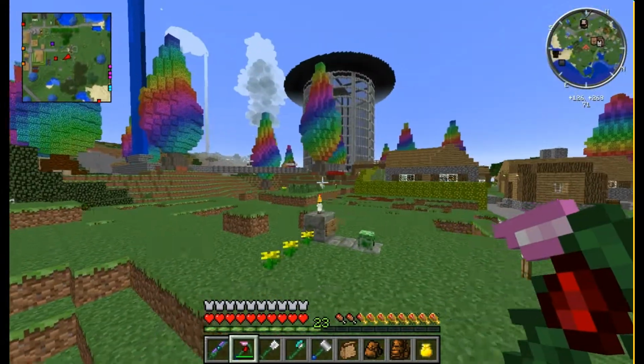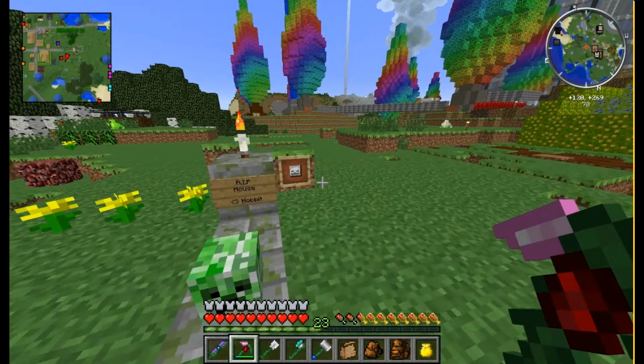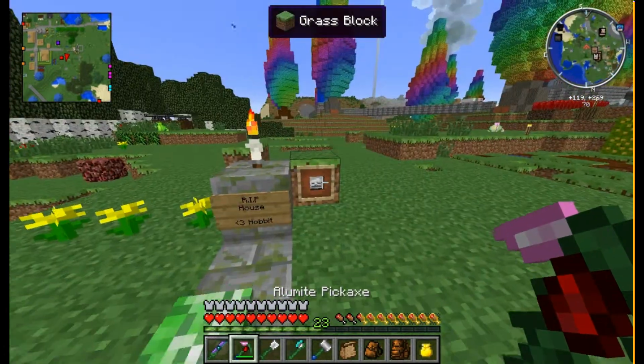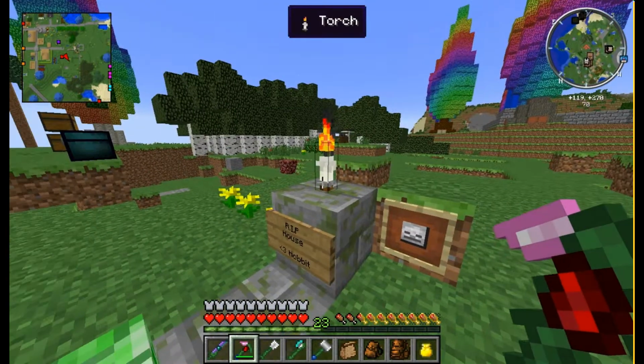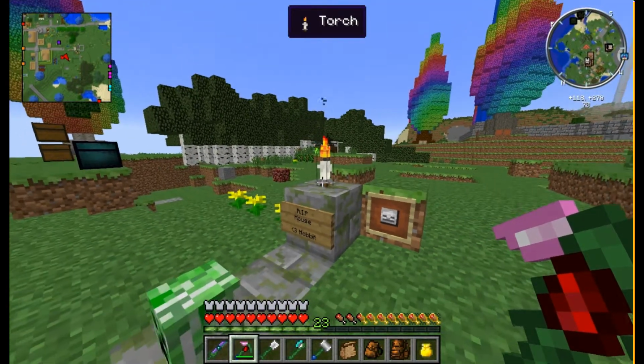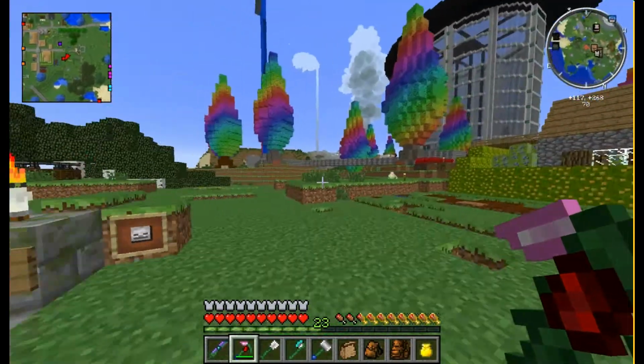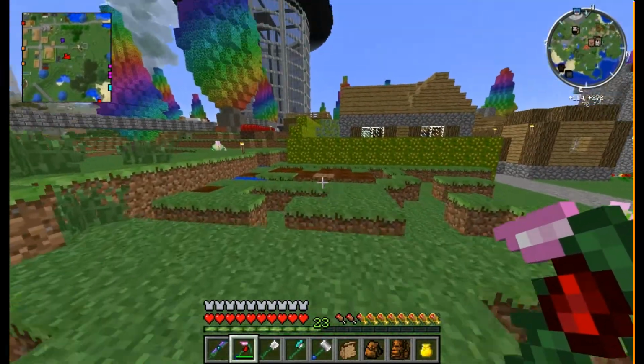And here's where the house used to be. R.I.P. house. Love, Hobbit. And some other people have been paying their tribute to the Creeper Skull and Skeleton Skull. I put the candle here. That was on the front of my house. I think Cameron put that there originally. Yeah, pulled it all down, pulled up what was left of the farm,